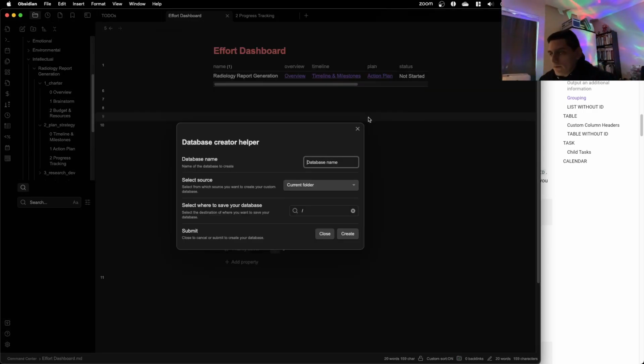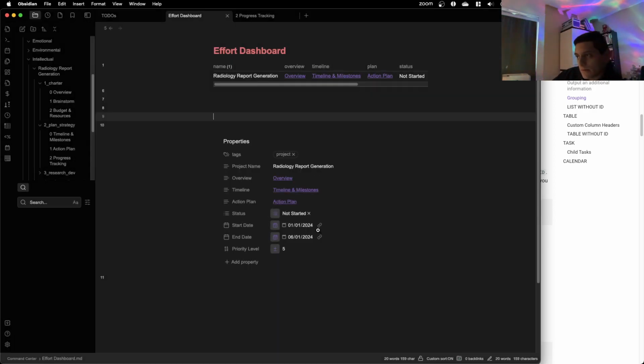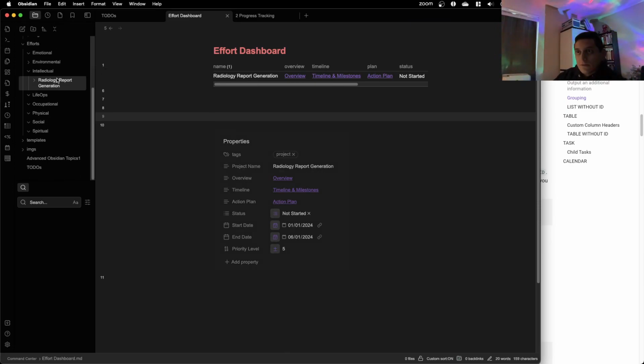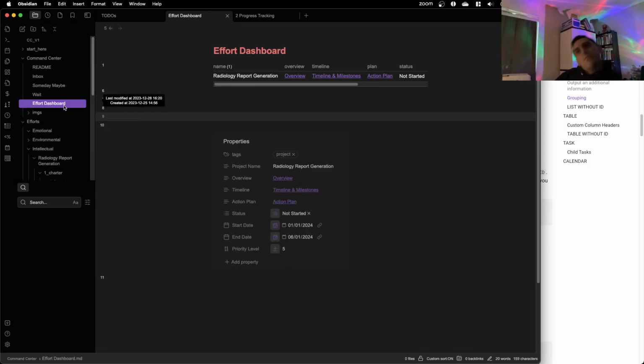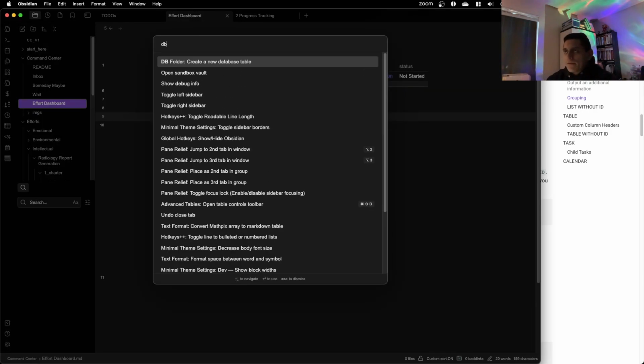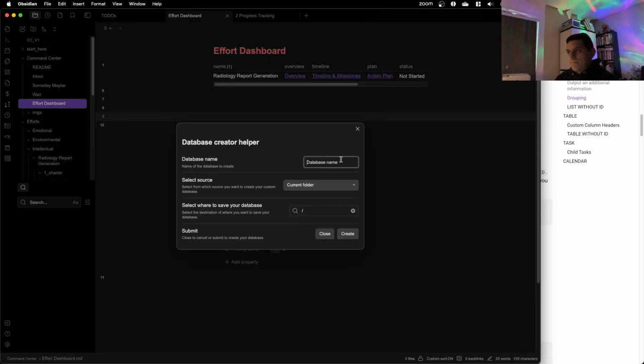Create a new, let's do test within the current folder, can't actually. So if we're gonna do that, where are we? After dashboard. Yeah, so within the DB folder.